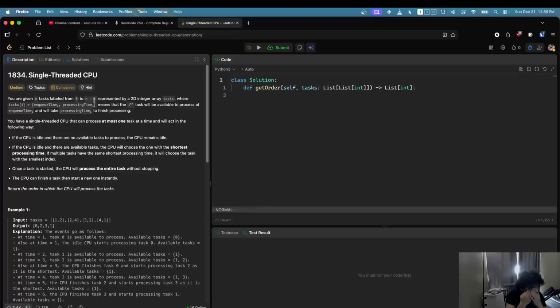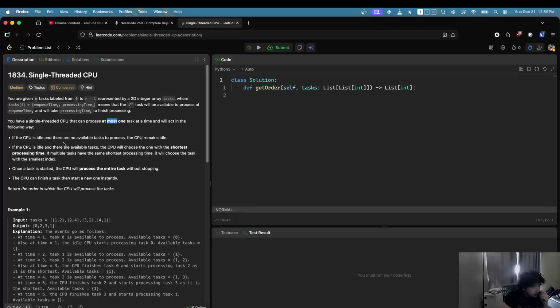Okay, that makes sense. You have a single-threaded CPU that can process at most one task at a time and will act